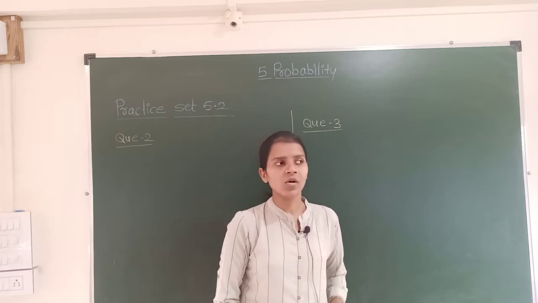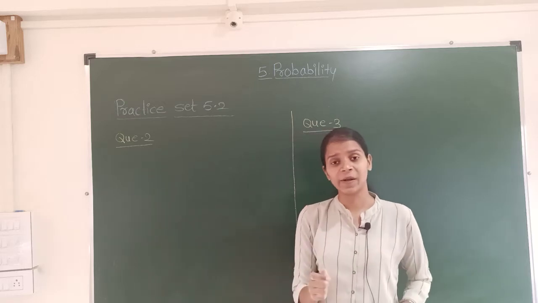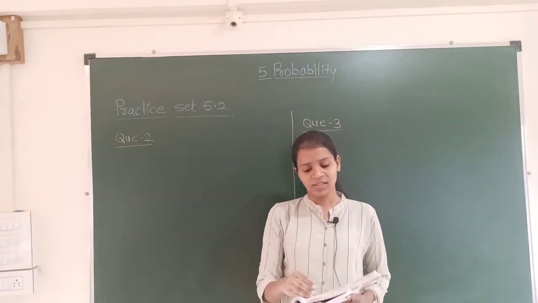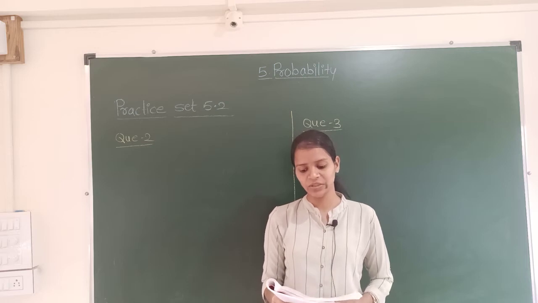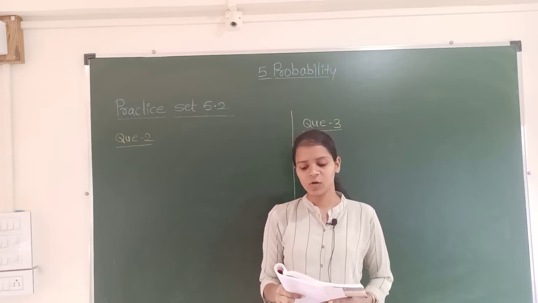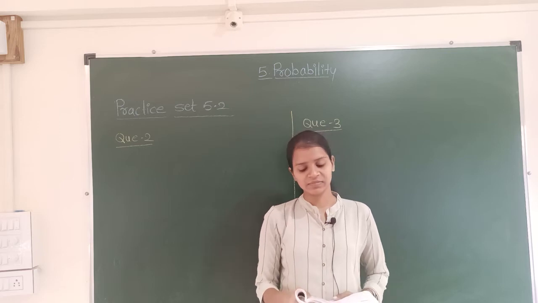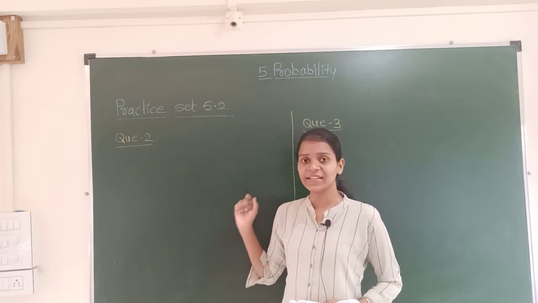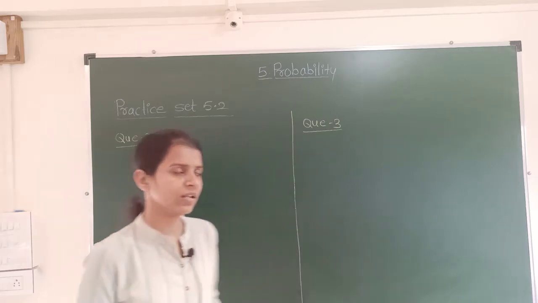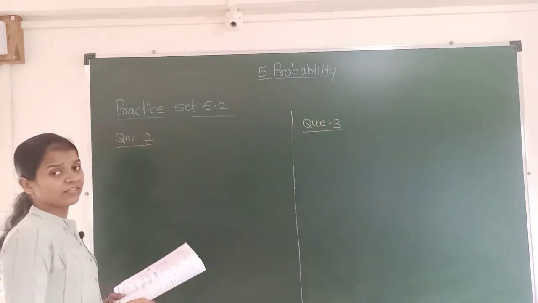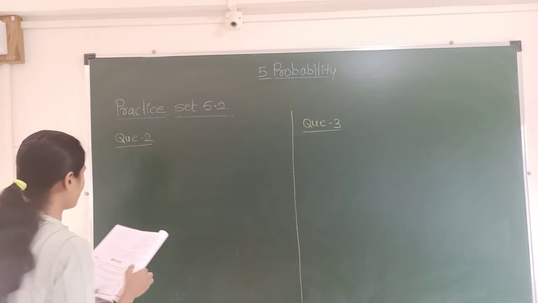Okay. So for this, we really can't predict on which color it will stop. There are total 6 colors given, like red, orange, yellow, blue, green and purple. So what we have to do is, we have to write all the colors in a sample space, and then we will write the number of sample space. Please refer to the textbook while we are solving your practice set.